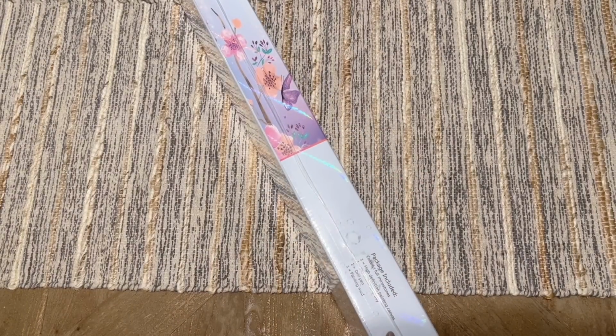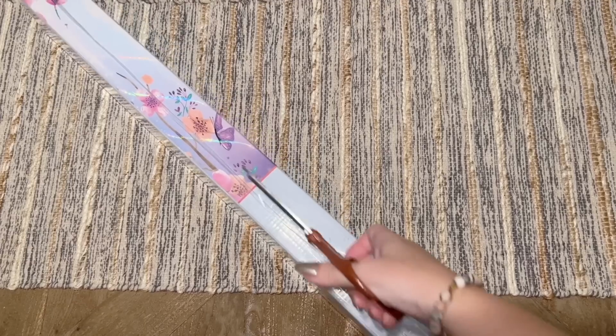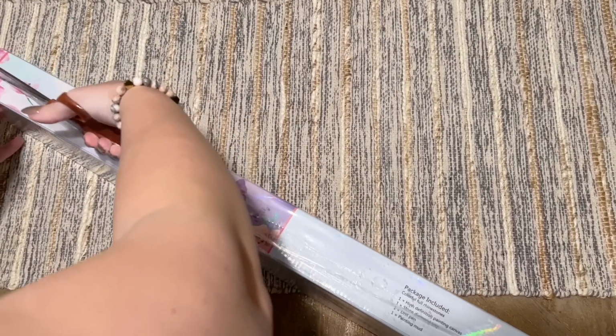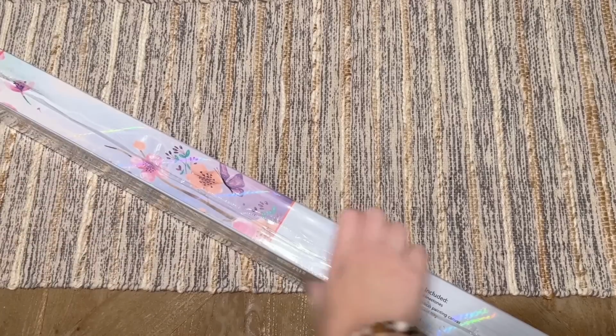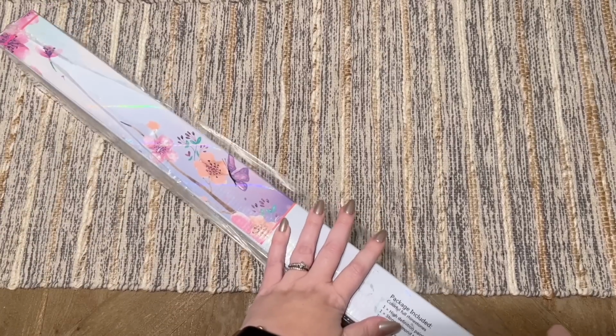This box is actually quite heavy, so let's see. My cat is currently investigating that delightful sounding paper packaging that was included. It's like, what is this? I want to take a look. All right, so